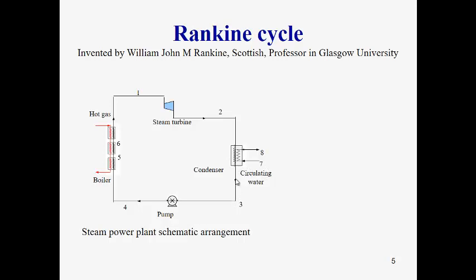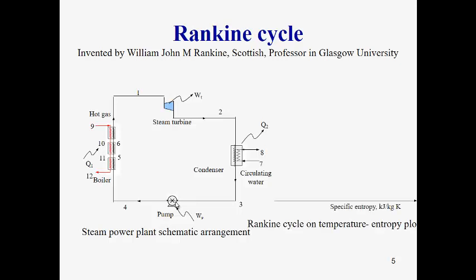Circulating water is used to condense the steam in the water-cooled condenser. The 7 to 8 are the states of the external circulating water. Similarly, hot fluid or gas is circulated in the boiler. The states are shown from 9 to 12: 9, 10, 11, 12. Energy interactions in this Rankine cycle: WT is the output from the turbine, Q2 is heat rejection in the condenser, and WP is the work supplied to the pump. Q1 is heat supply to the boiler.